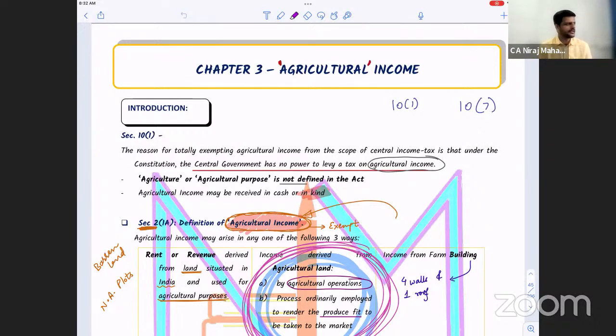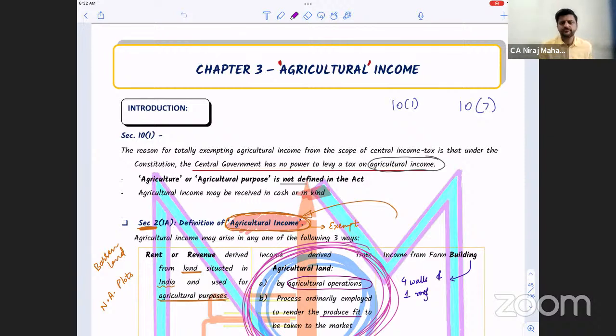Now, there are 2 ways of checking the rural agricultural land. Point number 1 was what? It has to be assessed to land revenue or local rates of taxes, correct? If not, then it has to be far away, okay? Far away from a particular limit from the jurisdiction, or geographical area, of a particular municipality. Now, what are the limits? If you are within the municipality or that particular corporation, and the population is more than what? 10,000. Definitely it is urban agricultural land. Clear?